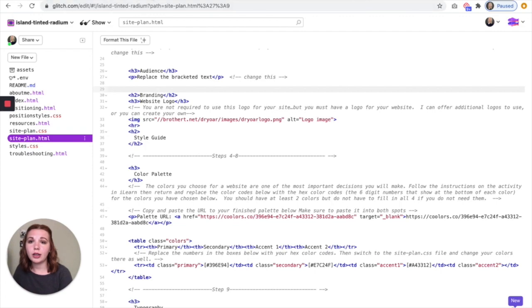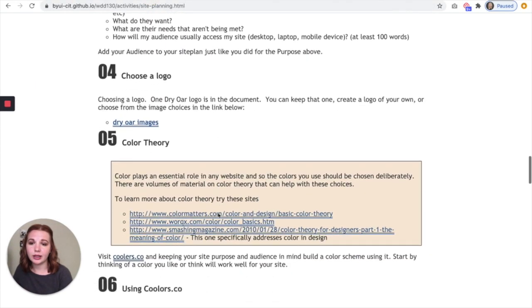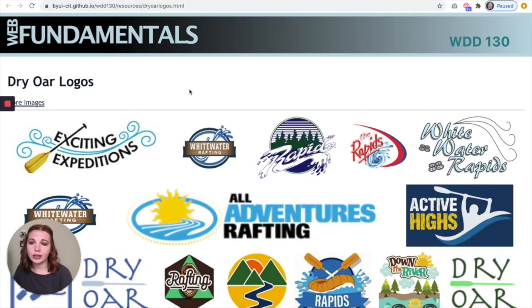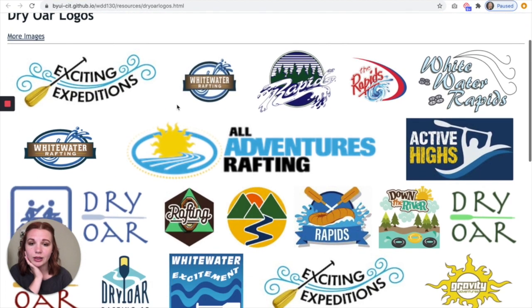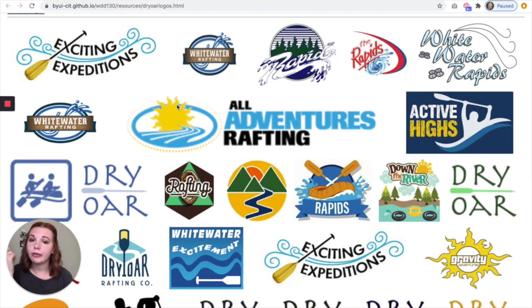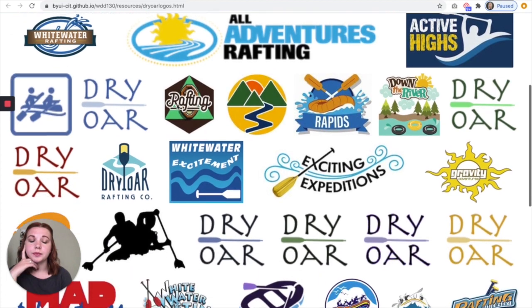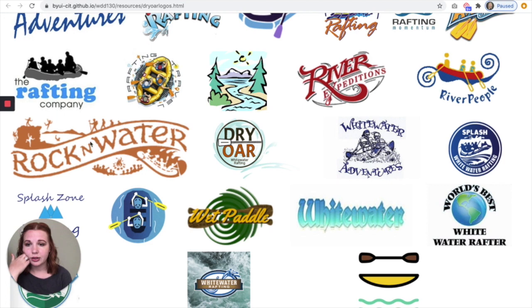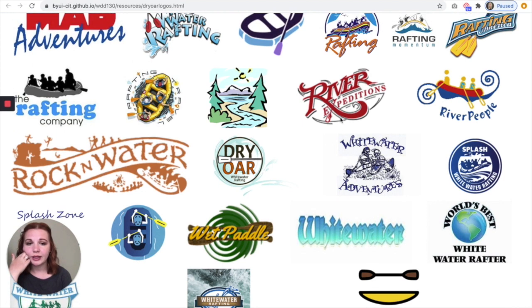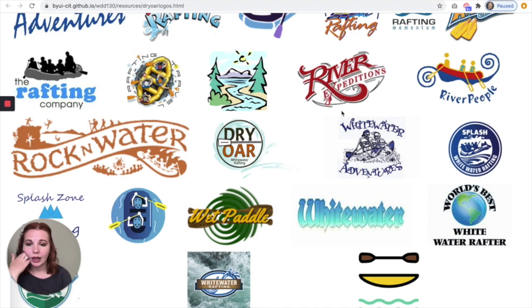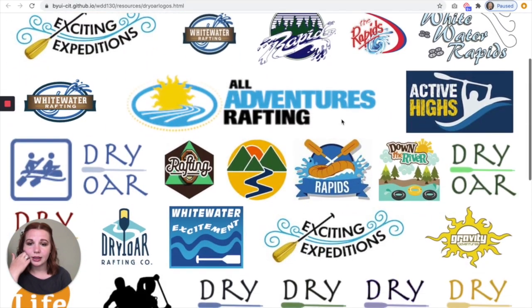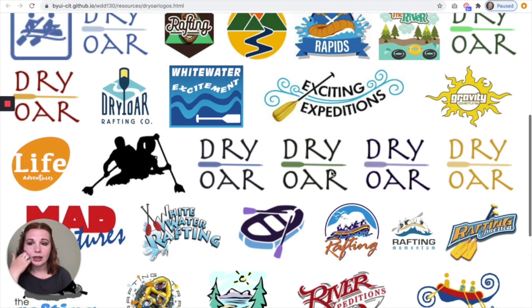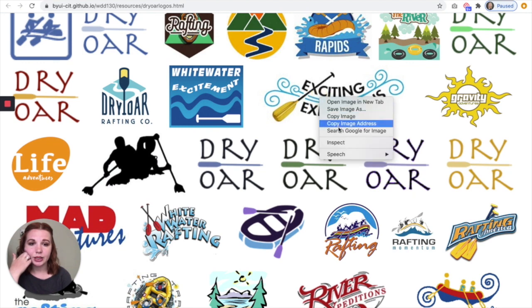So if we open the site plan activity again, we can scroll here, and now we see all these dry oar logos. So you're welcome to make your own as well, but keep in mind, again, it does need to be for a whitewater rafting company. However, if you don't want to create your own, there are a lot to choose from. So you could choose this Rock and Water one, the Rafting Company, River Expeditions, and basically what you're going to do, let's say I choose this Exciting Expeditions, I'm going to save the image,